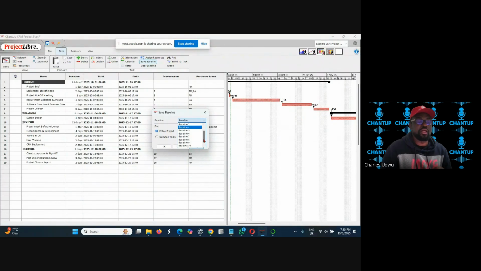So if you make any change, you save it again. If you make another change, you save it again. So people will see how things change. For instance, the auditors, they want to review your work, they want to see how you started. So anytime you make a change, for instance, if the duration of this project increased from 2 months to 4 months,